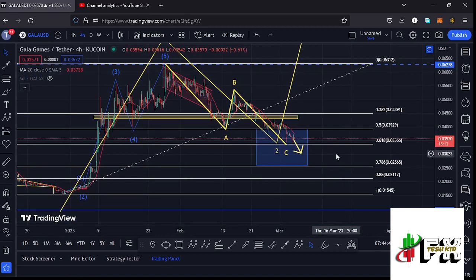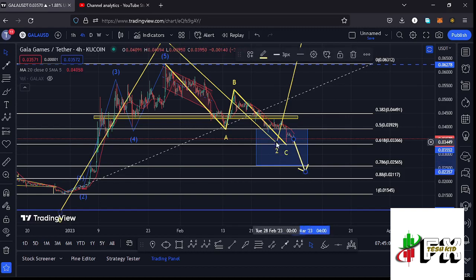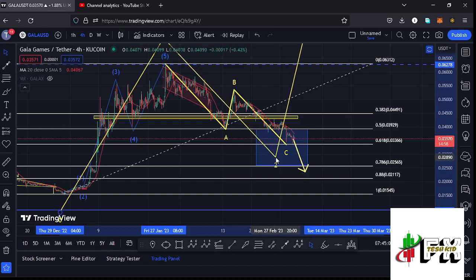level 0.78 as the next target area, because this second wave to the lower side needs to continue holding above the fib level 0.78, and a break below that key area on the Fibonacci's will be putting a major challenge on the formation of these higher Elliot wave count 2. So in case the breakdown continues, continue watching the fib level 0.78, but also have in mind that we have done the minimum that I was expecting Gala Games to do in the formation of that wave 2, and the reversal to the upper side in the formation of that wave 3 can start